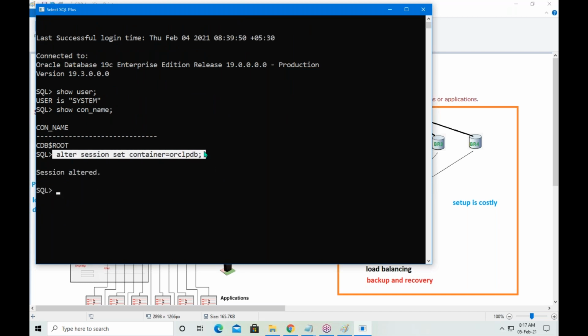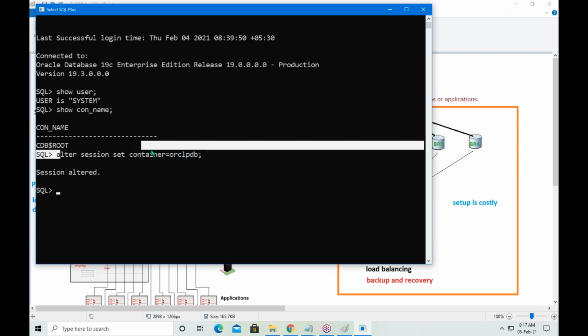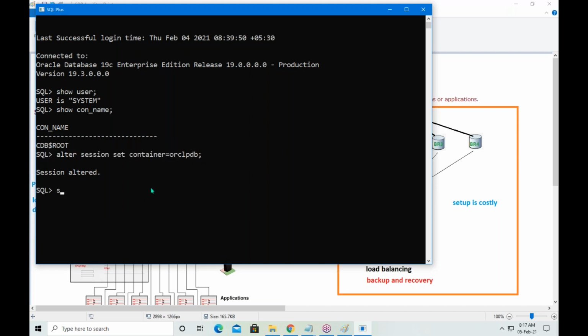Before this command, what is the database name? CDB. After this command, what is the database name? PDB. What is PDB? Pluggable database. What is a pluggable database?